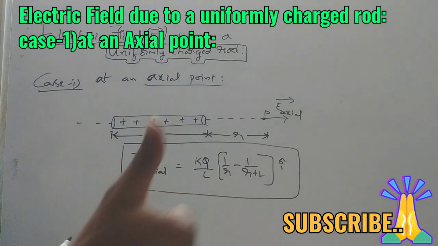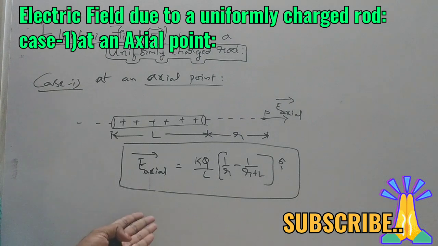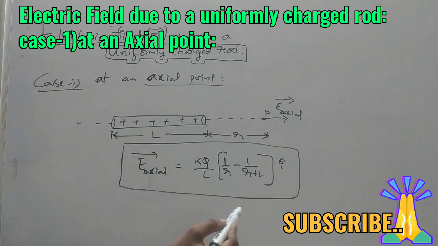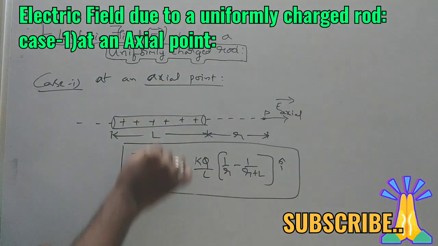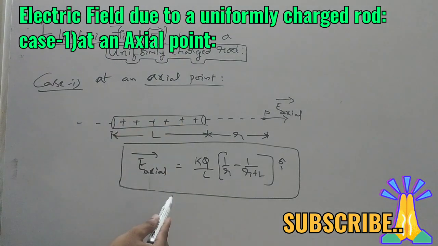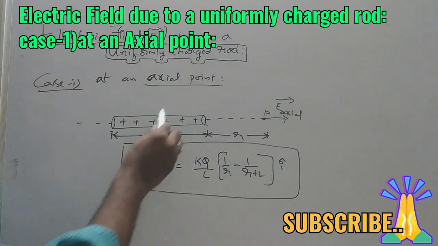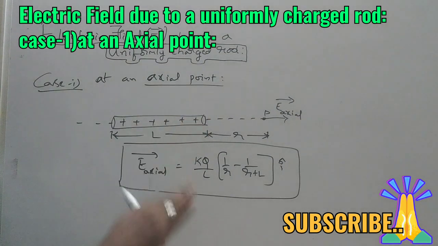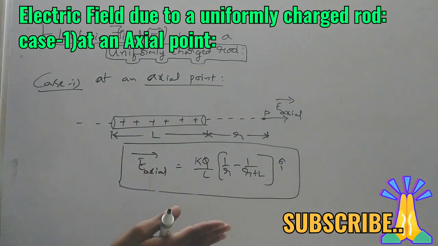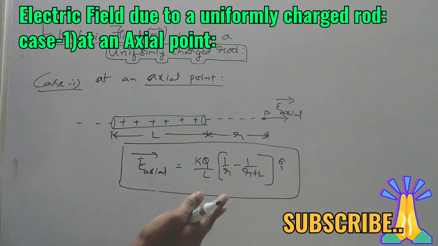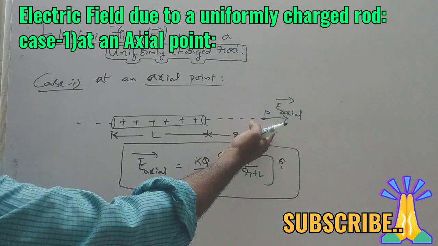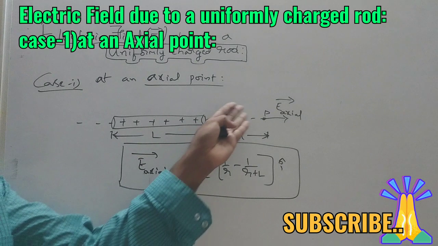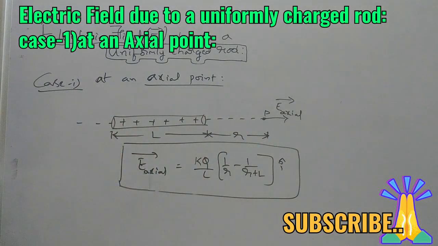So thank you very much for watching, and still we can find out the electric field. Similarly, in the same procedure, we can find out the electric field at an equatorial point also due to this uniformly charged rod, and we can find it at some general point also, and from that general point we'll get some general expression, and from that you can also derive the expression for the electric field at an axial point as well as on the equatorial point. So like this it is very easy.